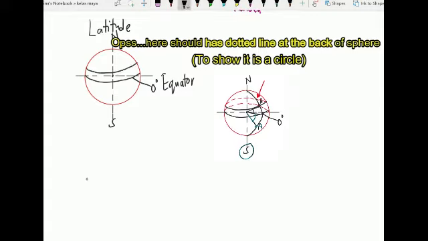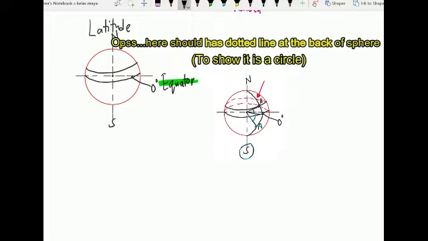Then for example, here I have a circle parallel to the equator, and this is on the north side. So how is it going to be read? How are you going to read the latitude? It must be identified from the equator. For longitude, you have to refer to the Greenwich Meridian, while for latitude, you have to refer to the equator, because the equator is 0 degree. And how are you going to read it? For example here,